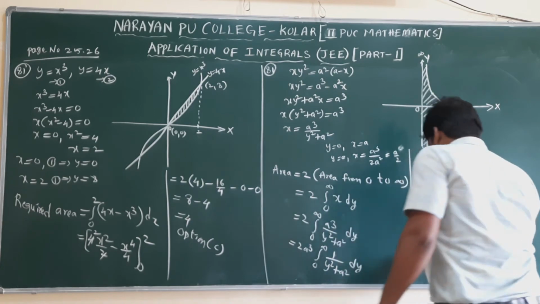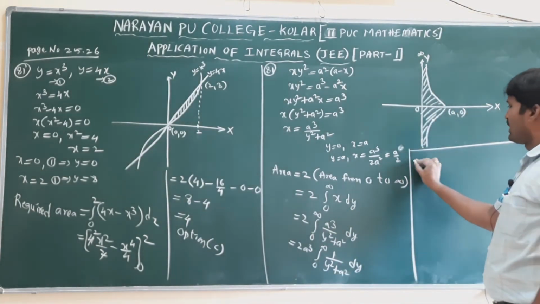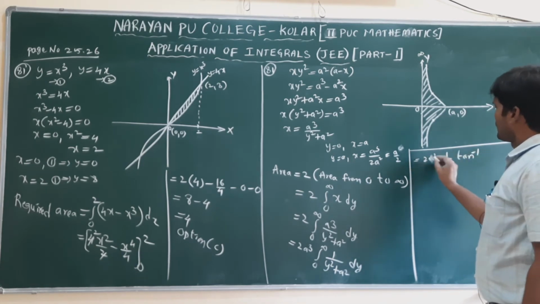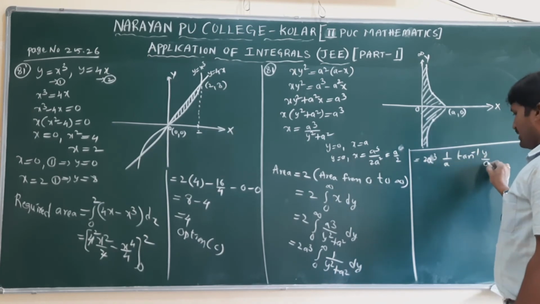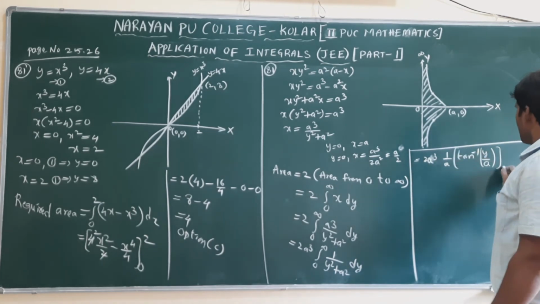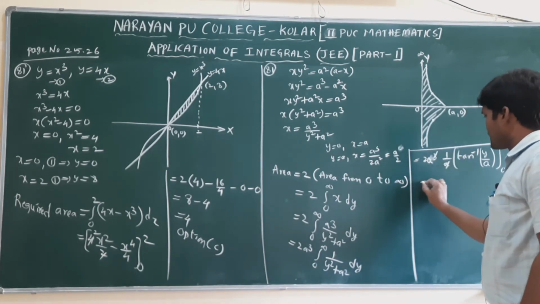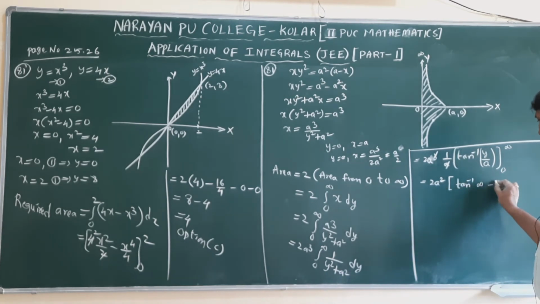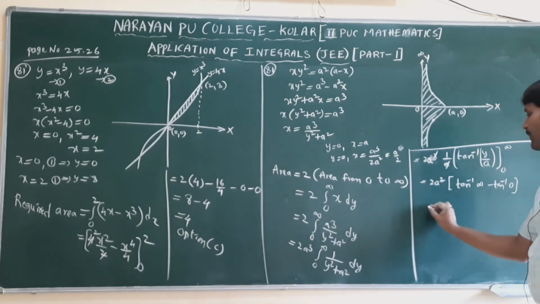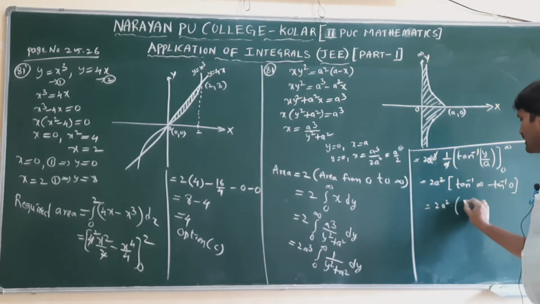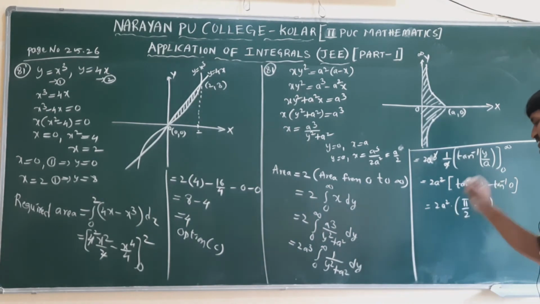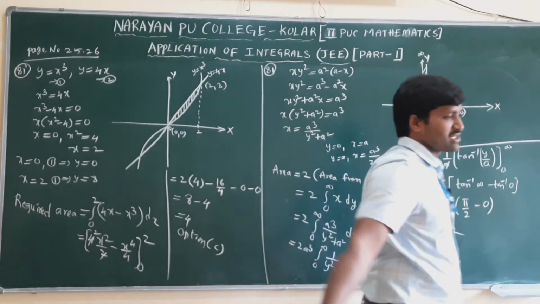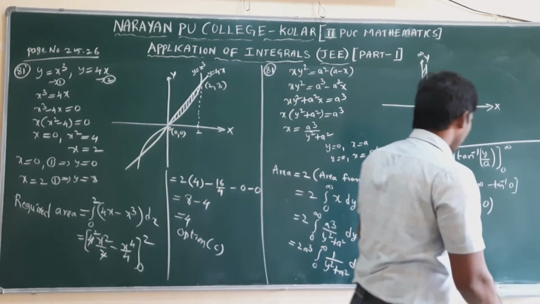We have a formula: integral 1 by x square plus a square is 1 by a tan inverse of x by a. So here it is y by a, with limits from 0 to infinity. The 1a value gets cancelled. What remains? 2a square. Substitute the upper limit: tan inverse of infinity by a, minus tan inverse of 0. 2a square into tan inverse of infinity, which is pi by 2, and tan inverse of 0 is 0. Now the 2 cancels. What is the answer we get? Pi a square. That is option B, the correct one.